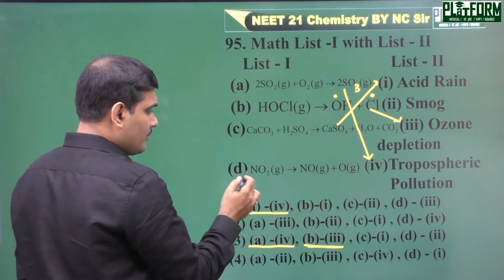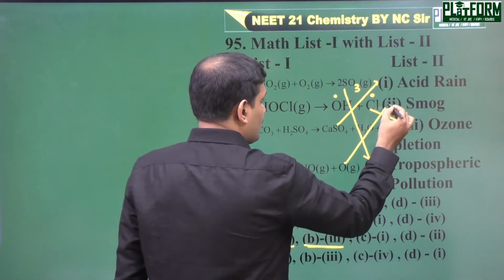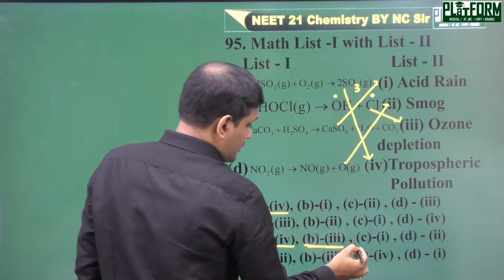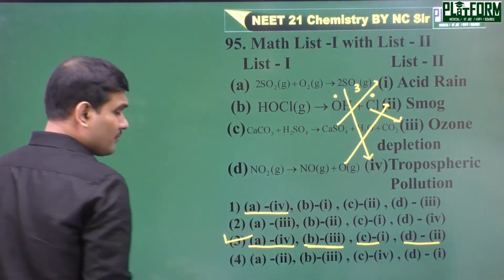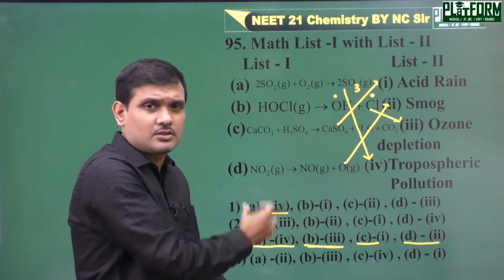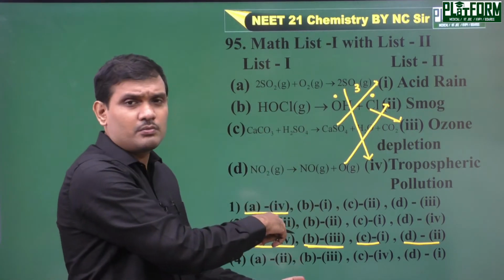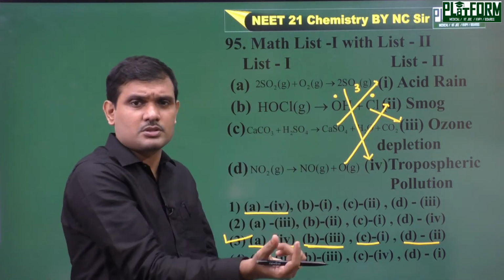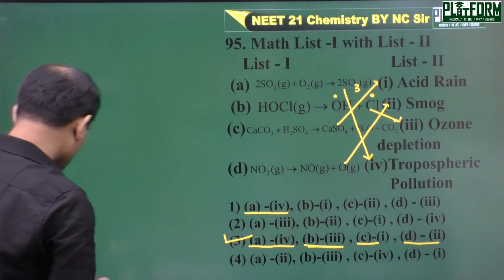And definitely NO2 decomposes to NO and O, that is responsible for smog. So option C is 1, option D is 2. So we have the correct option. It is option 3. All the information, all the reactions, are mentioned in the NCERT text. So this is also, I would say, a copy paste question from the NCERT text. Next,